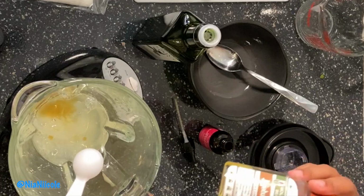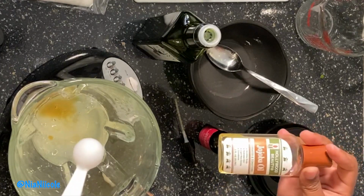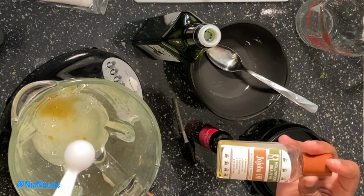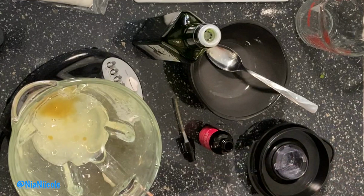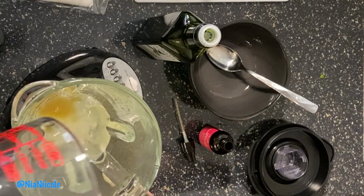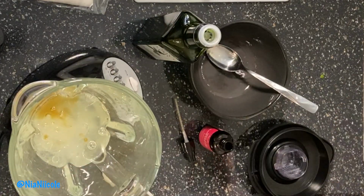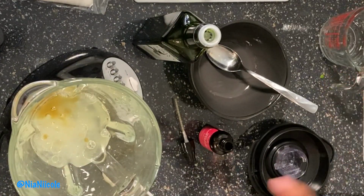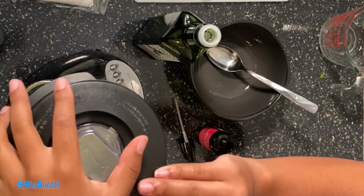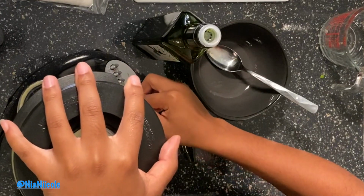This is just gonna help mostly make it smell good. It soothes your scalp, so it helps activate the aloe vera, hydrates your hair, and it's very lightweight and conditions your hair as well. We're gonna add a little smidge of water just because it's already a thick consistency and we want to make it a little bit more of a liquid, you know? All right, and then we're gonna cover it up and we're going to